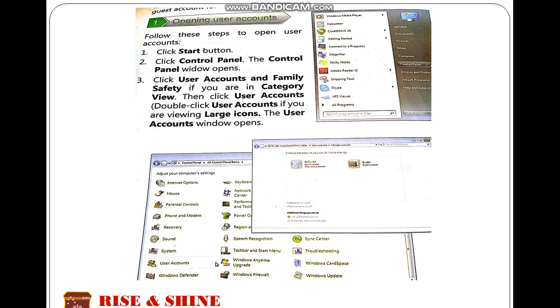First of all, we will learn why do we create an account. When more than one user shares the same computer, it is a safe way to create an account to secure your data. So, it is necessary to create an account to save or secure your data.